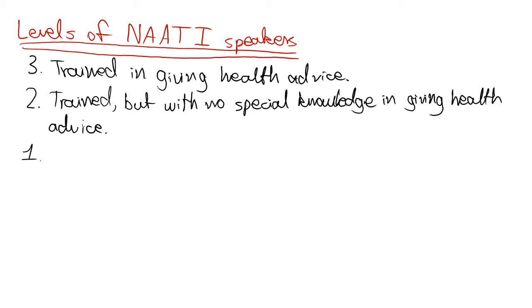Finally, level 1 translators are provisional interpreters. So these are people who have been trained, but they're not necessarily as good as other interpreters and translators who you may find higher up in the hierarchy. And these are translators that may be only available in remote and rural areas. So as you can see, sometimes these translators have to be used, and they can prove difficult in translation and may result in difficulties with giving the right information.